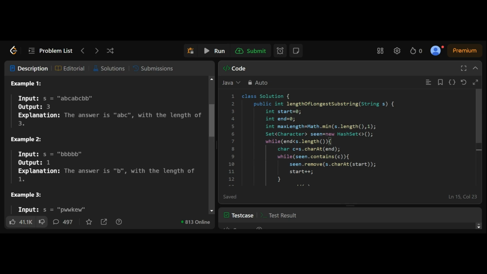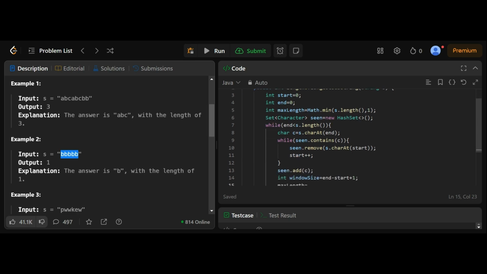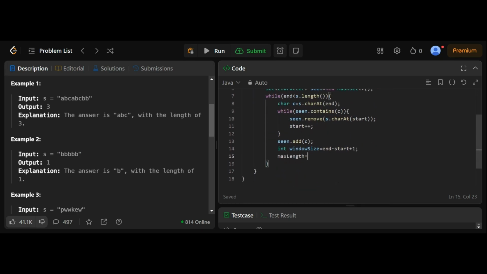The reason why I'm saying maximum length is that in case of such repetitions, we'll have only one as our maximum length. So that is the reason why we include maximum length. So this would be Math.max of maxLength comma window size. We are going to pick up the maximum value.